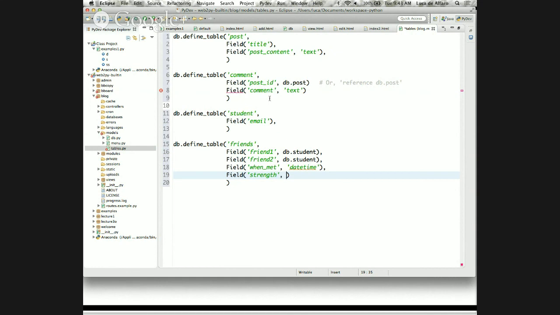And then this requires IS_IN_SET of casual, good, lovers, something like that, okay? Just, you know, not to make a spooky example about keeping tabs on people, okay? Maybe I should delete that. But essentially, you can add a lot of information to these things.